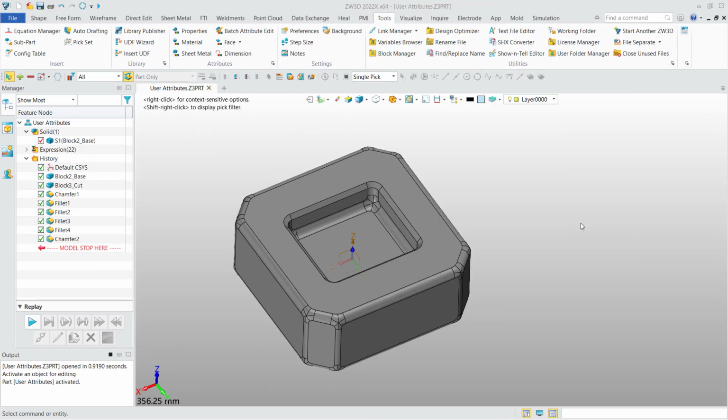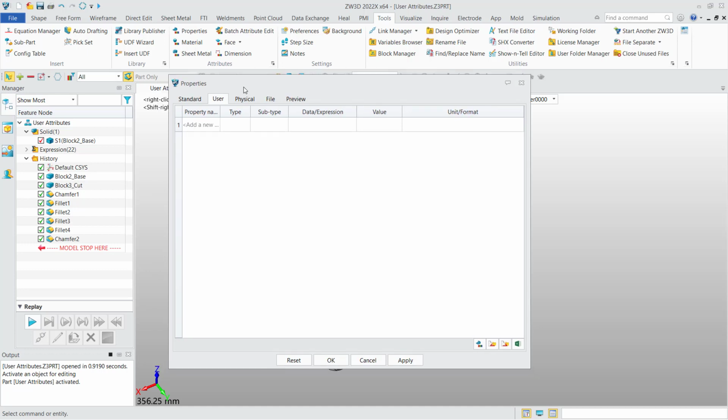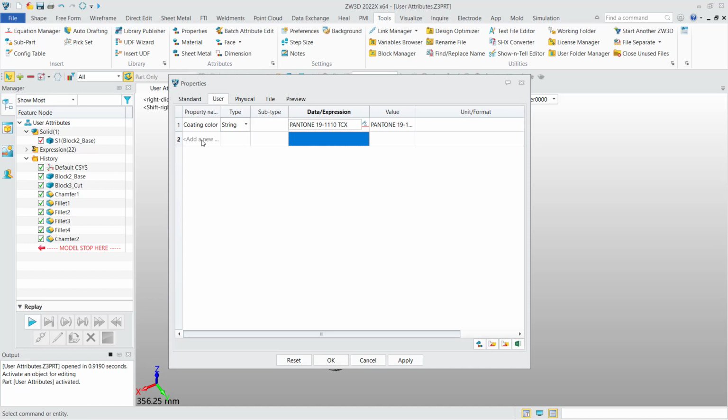Okay, for user attribute, we can also access it in the tool-tab property command. And here you can see a user attribute. And as I said before, we can add common string to it, like coating color. And for the type, you can see string, bool, integer, number, and even date. So here we need the string. And then we can type the string directly. I can already copy one. Okay. And you can add more to it, like version